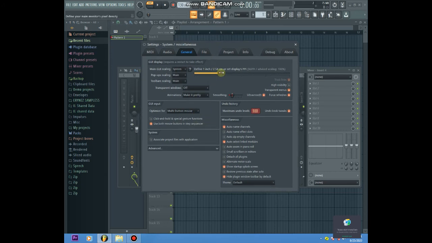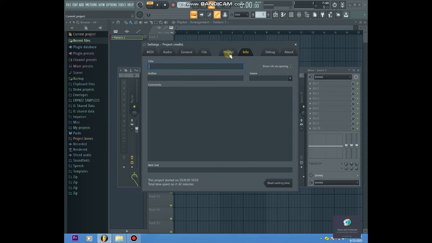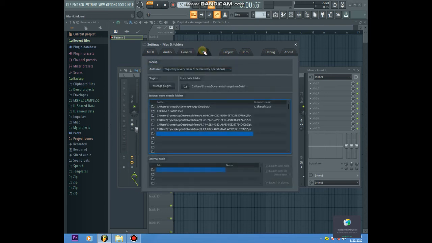FL Studio does something for you on file. That's on file. All right. It says here auto save. So it says frequently every 5 minutes and before risky operations. Now, if you click this dialog box, it means FL Studio frequently saves your job every 5 minutes of your